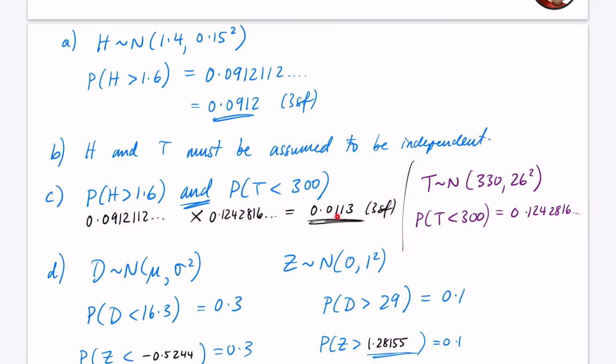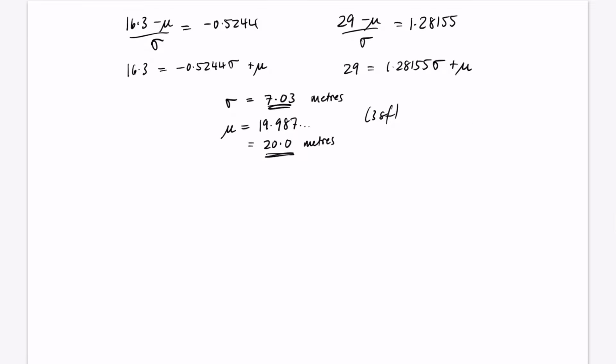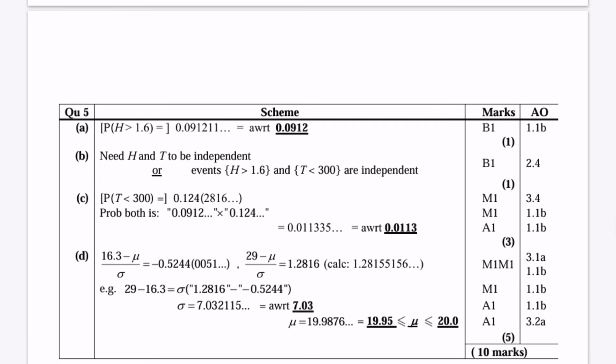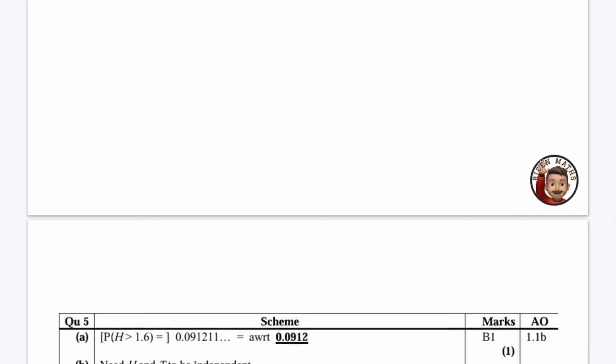I meant 1%. So earlier I think I said 11%. This is not representing 11%. It's only 1% of the students can do these things. So apologies, because I know I said 11% earlier. So we've got 9%, 1%, and then these two things. Challenging question. So we've got the 9%, the 1%, and we've got the 7.03. And as long as your mu is between 19.95 and 20.0 inclusive, which ours is, then you get the marks